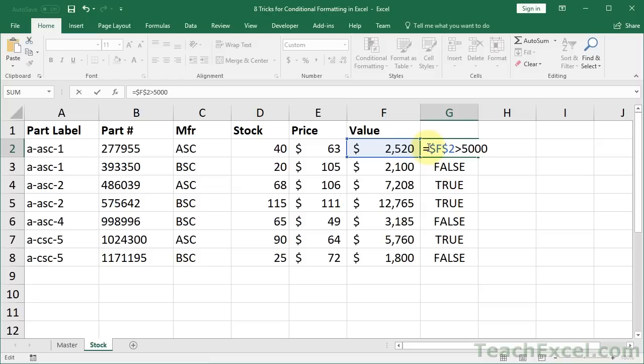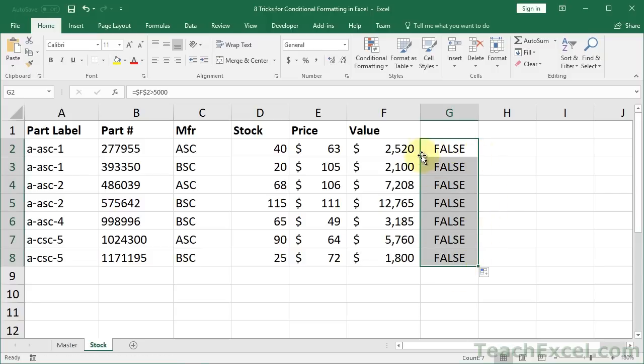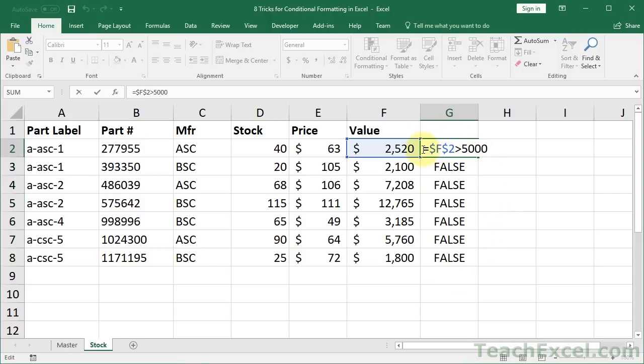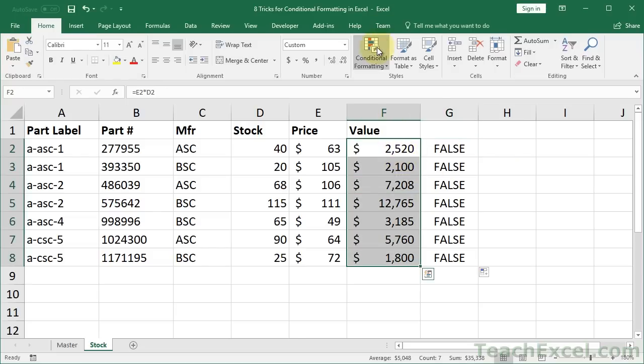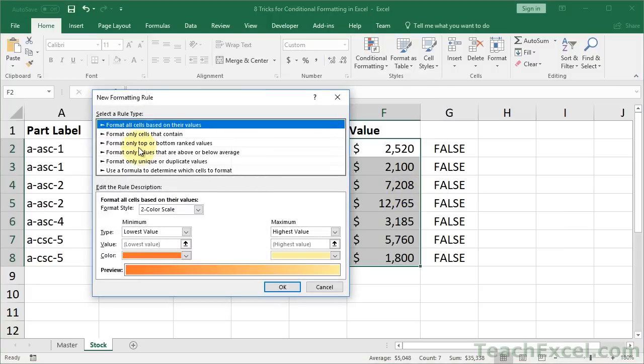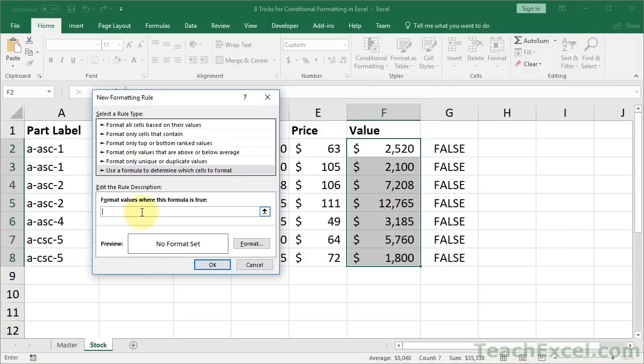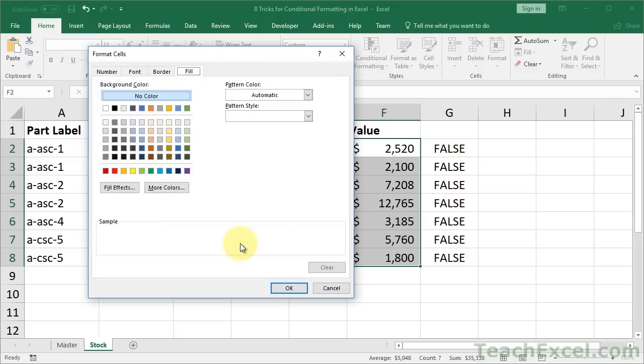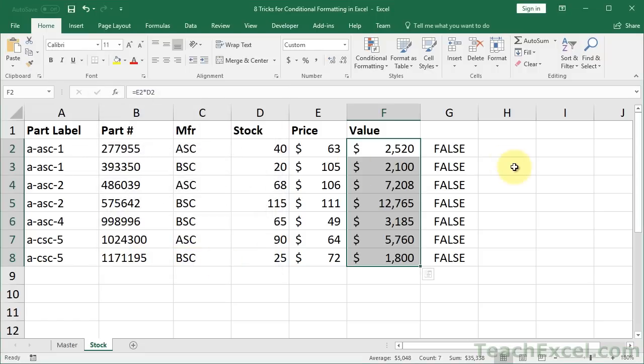Now let's say I have dollar signs here. When I copy it down, you can see everything becomes false. Just like if I copy and paste this into the conditional formatting. New rule, formula, copy paste, format, orange, okay, okay. Nothing happens. This is the #1 issue with applying conditional formatting across ranges, cells, rows, columns, everything, is that people